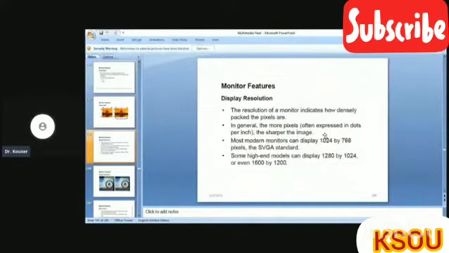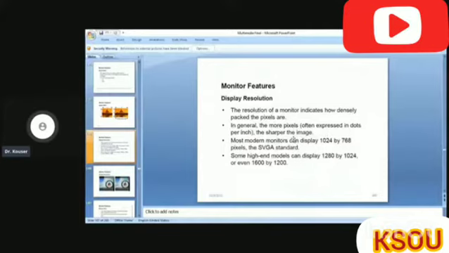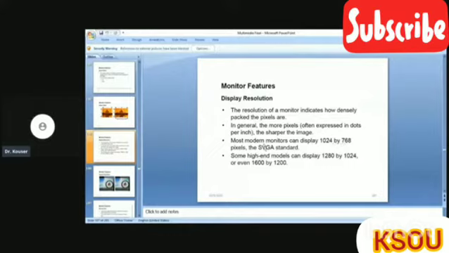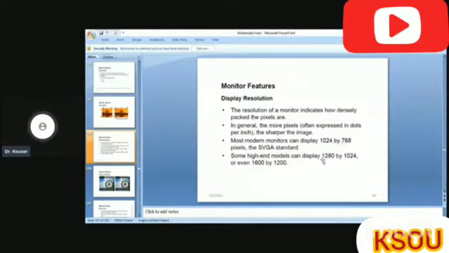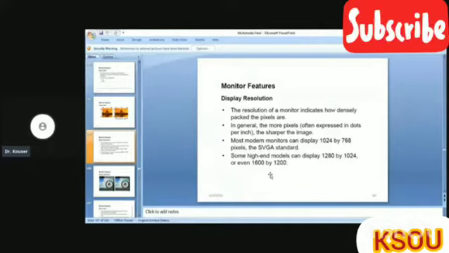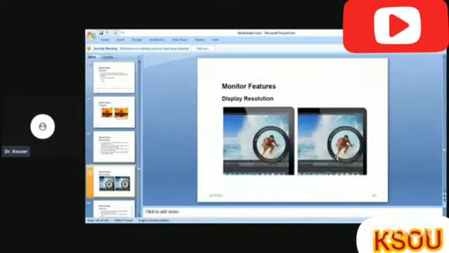Next feature is the display resolution. Most modern monitors can display 1024 by 768 pixels. This is the SVGA standard, and some higher end models can display 1280 by 1024 or even 1600 by 1200 pixels. So these are some standard display resolutions.